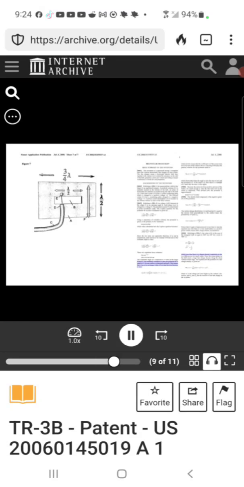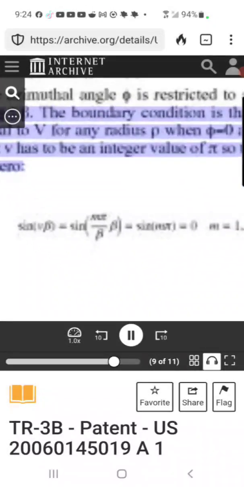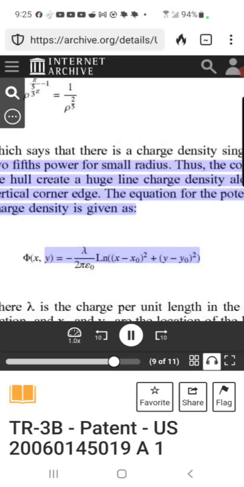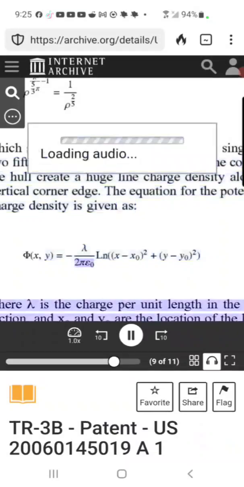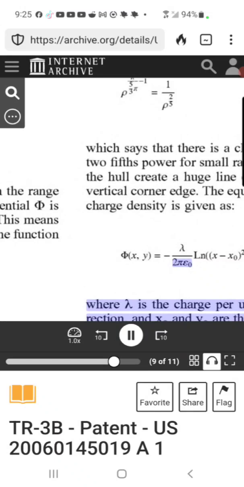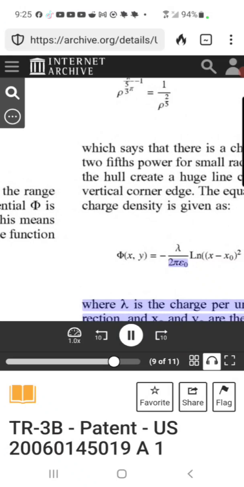This means that ν has to be an integer multiple of π over β so that the sine function is 0, which says that there is a charge density singularity to the 2/5 power for small radius. Thus the corner plates on the hull create a huge line charge density along the sharp vertical corner edge. The equation for the potential of a line charge density is given as follows,